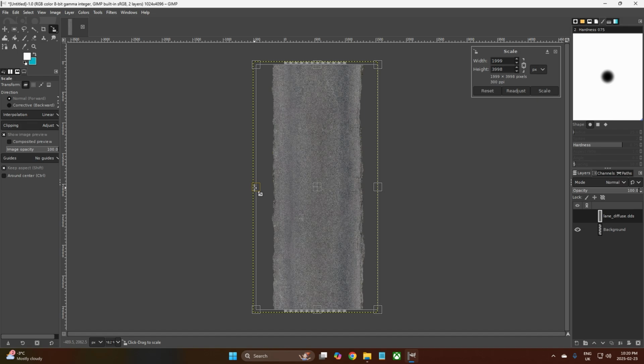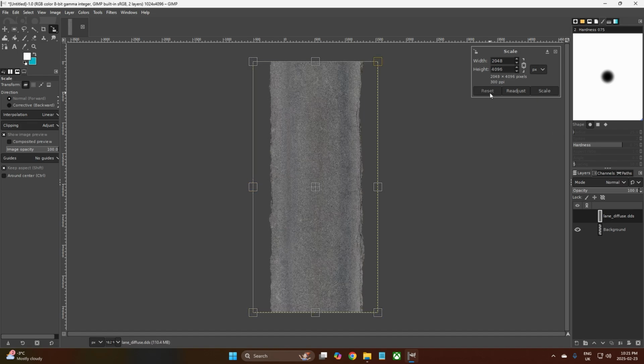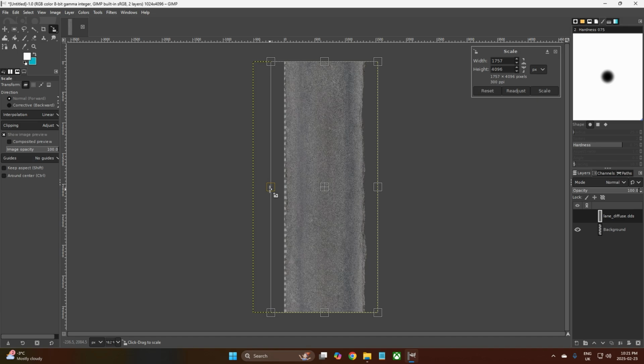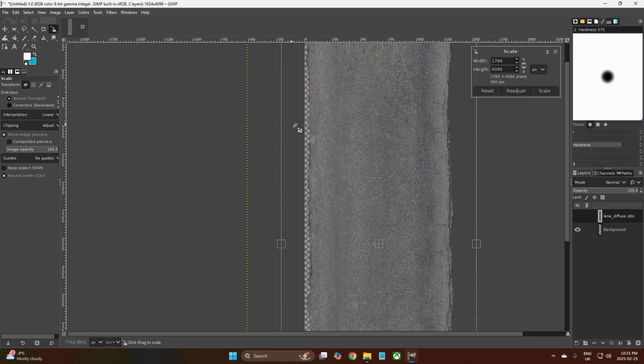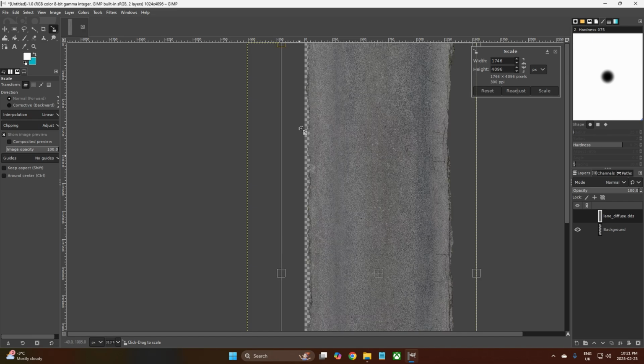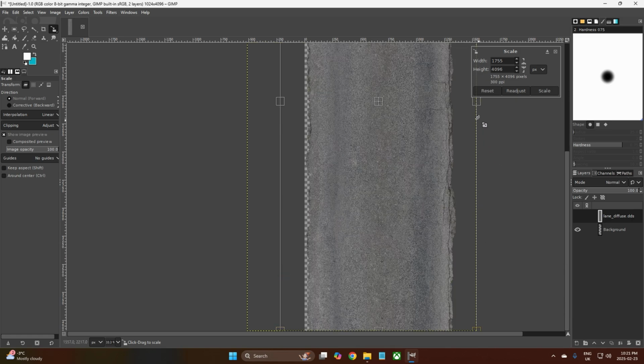We want to unlock, and then we want to drag this side in, and you want to scroll in a little bit. So if you press your control and then scroll with your mouse wheel, you can scroll in, and then release control, and you can scroll up and down. And you just want to make sure that it's just inside, okay, down that edge, and then down this edge